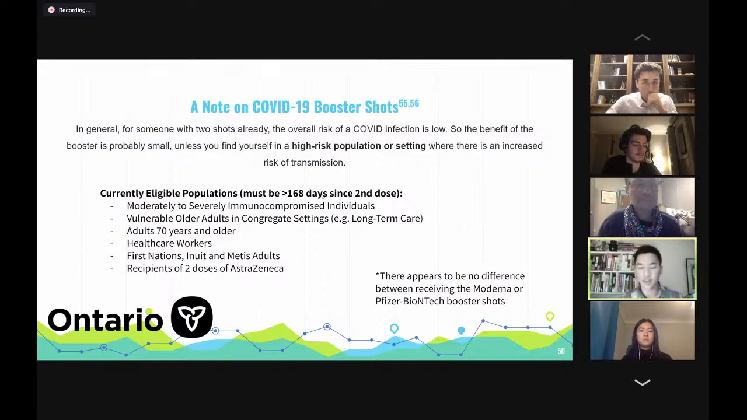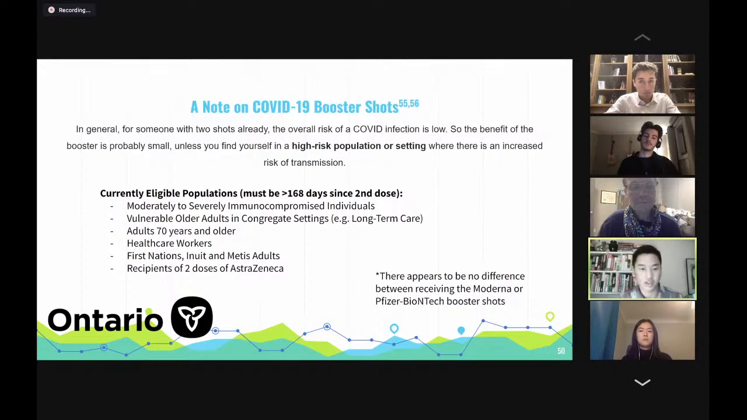We're still looking into the data. Obviously, we don't have enough at this point, but currently it's really recommended for people who are in high risk populations or in high risk settings like healthcare workers. So you can see here the current eligible populations. People with moderate to severe immunocompromisation, vulnerable adults living in congregate settings like long-term care homes, adults 70 years